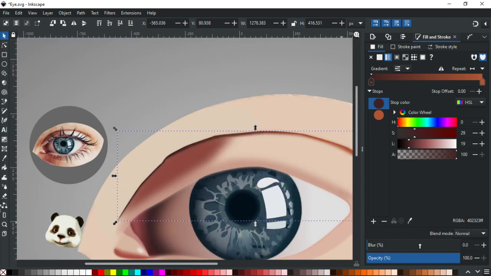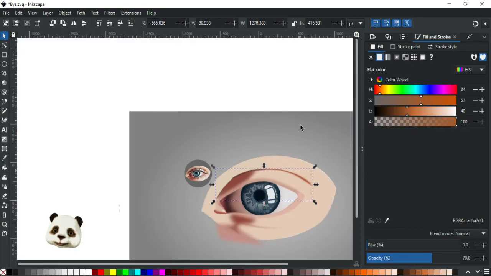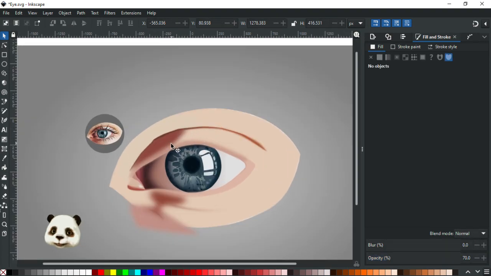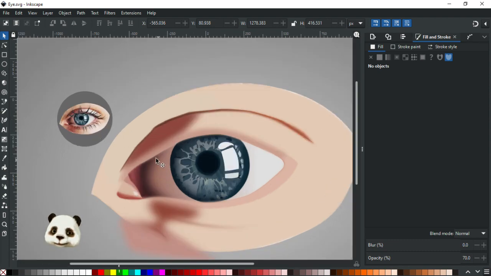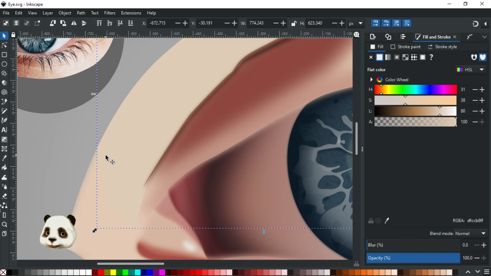And let's see how much opacity we can lose before it looks weird. I think this looks okay. And we'll still have to add some more shadows here and there, but I think at the moment this looks okay. So what's very important here to notice is that